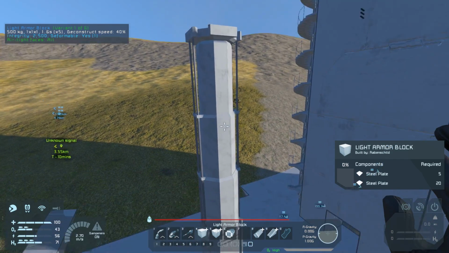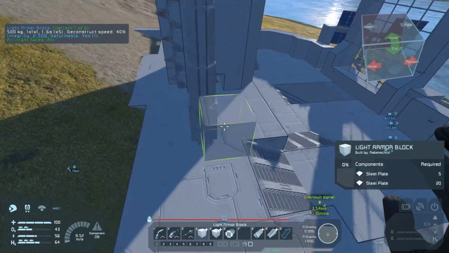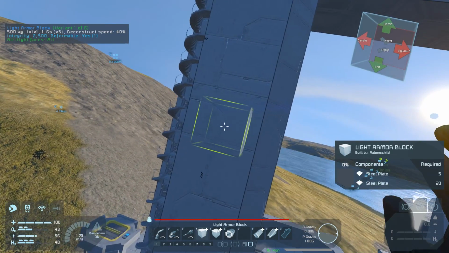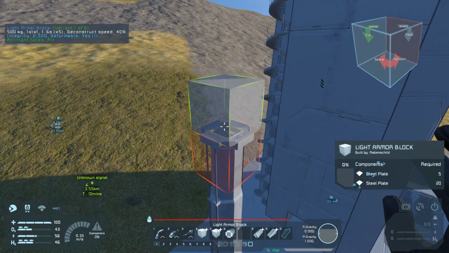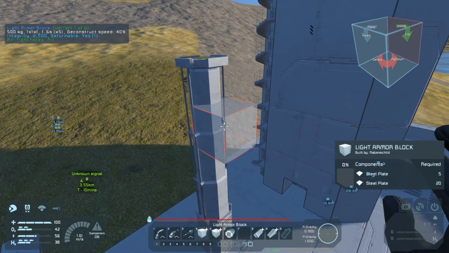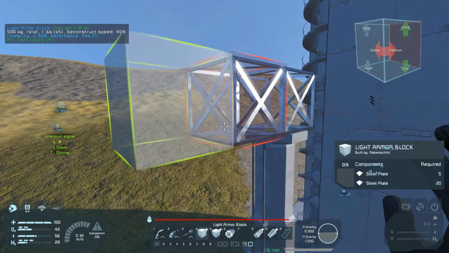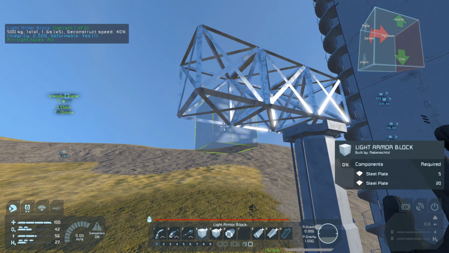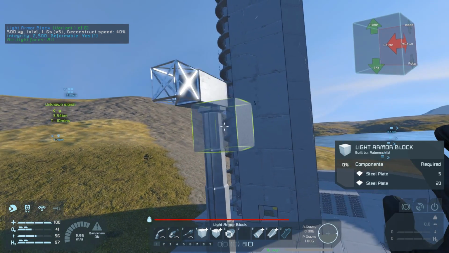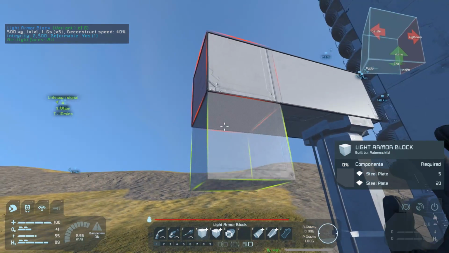So 1, 2, 3, 4. It's 4 blocks. So we would need at least. We can test that. Let me take a look. We need. Okay, how was it done there? So I could use